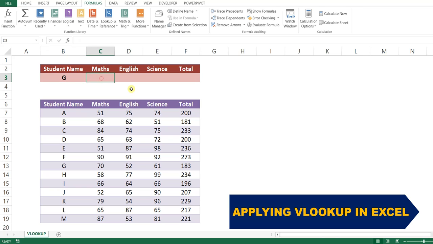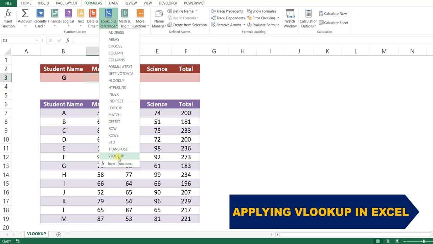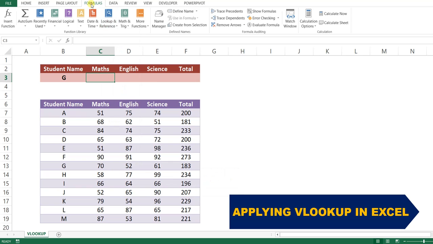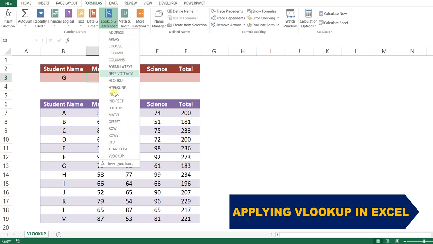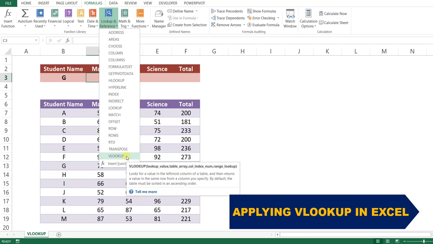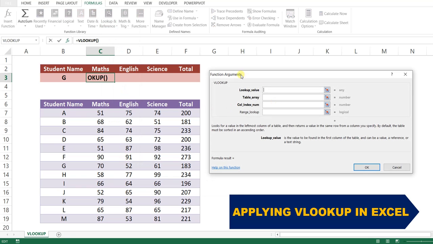Okay, so first method we will see with the help of this formula tab. Okay, so we are already in the formula tab, and once we click on this lookup and reference, we can see all the lookup and reference functions, and out of this list of functions we have to just click on the VLOOKUP.